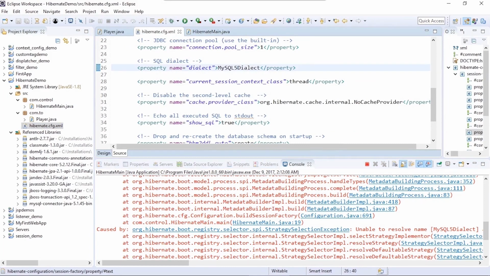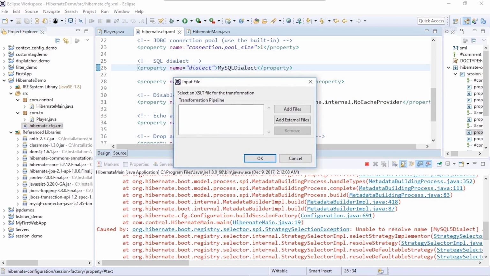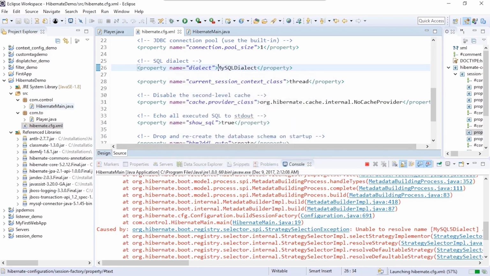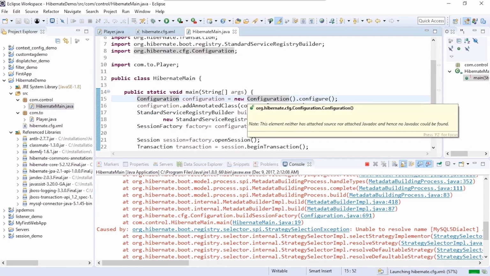Let's change this and use MySQL dialect. Oops. Let's come back to the Hibernate.